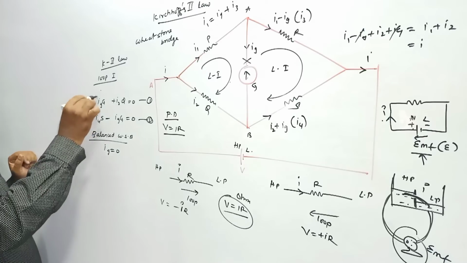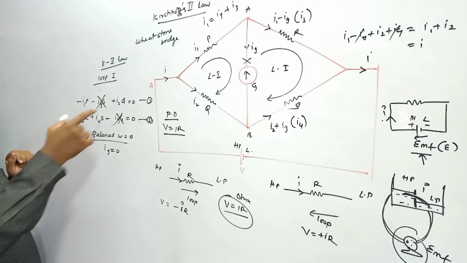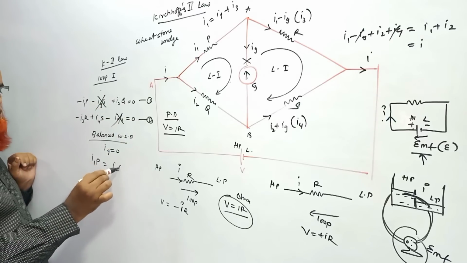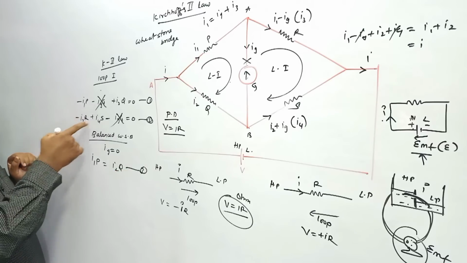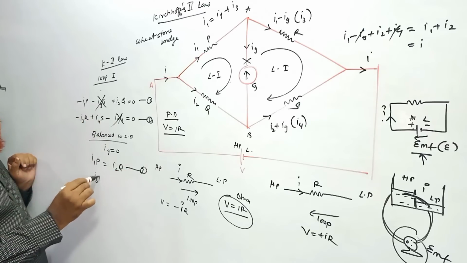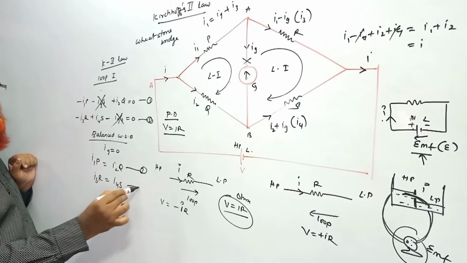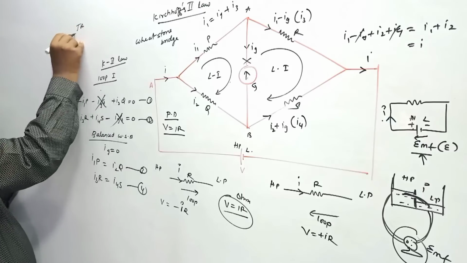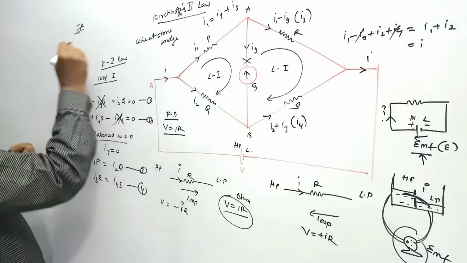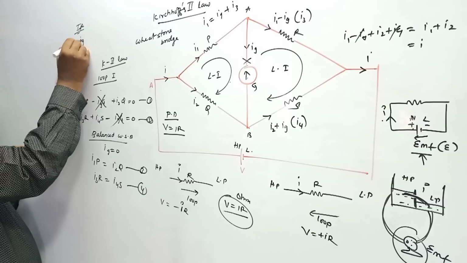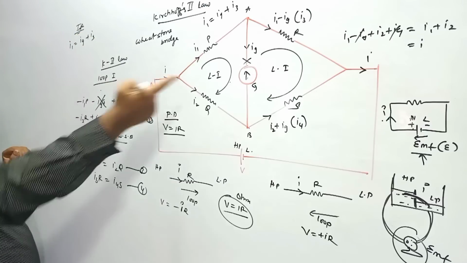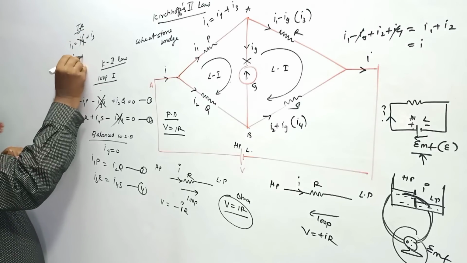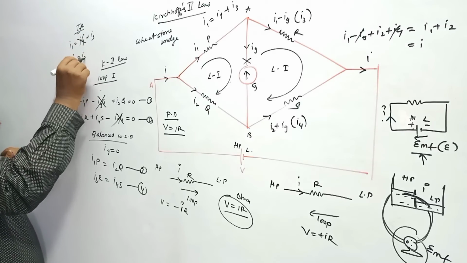Ig is equal to 0 means this part is gone, this part is gone. Then what is left? This goes to the right side. Can you write I1P is equal to I2Q? This is equation 3. And this can also be written as I3R is equal to I4S. This is equation number 4. Next you consider junction A. At this junction A, I1 is equal to Ig plus I3. As no current is passing through the galvanometer, this is going to be 0. So I1 is equal to I3.